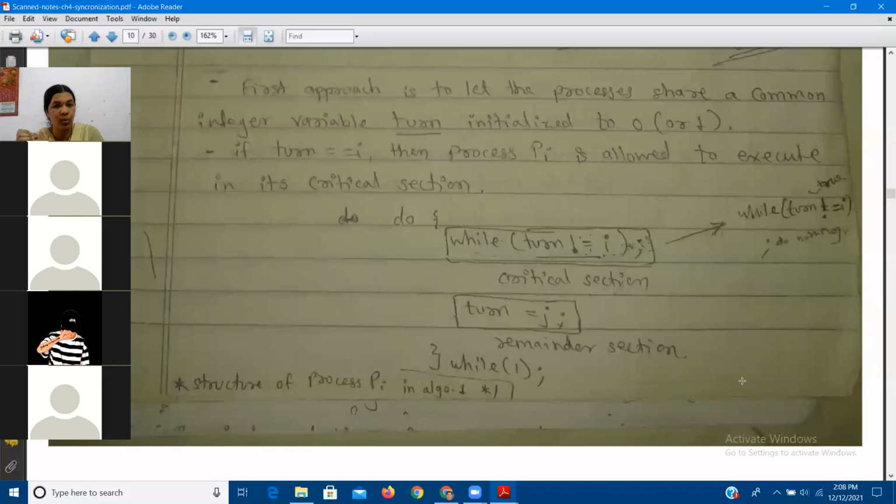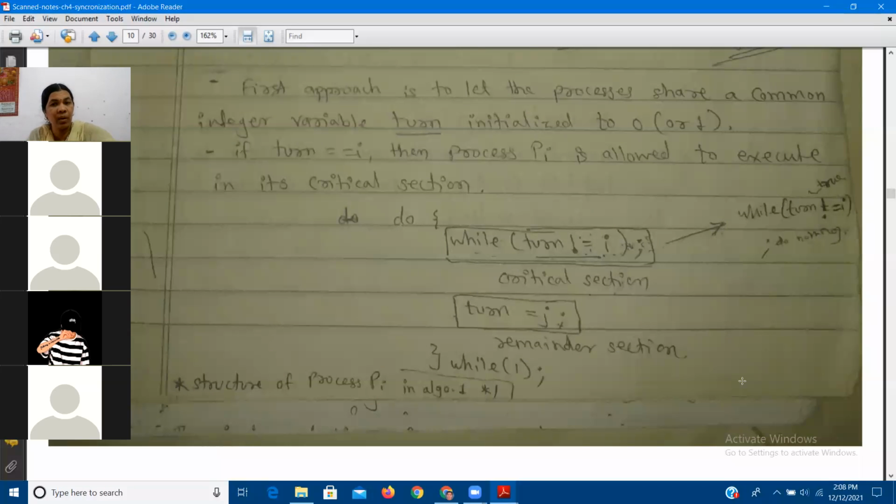Because only two processes are there. It is the two process solution. Either the turn of I will be there or J will be there. So assuming that I's turn is there, so if I's turn will be there, so turn not equal to I, this condition will be false. So I will be entering in the critical section. So after critical section, once the critical section use of I is over, so I goes to the exit section. What is there in the exit section? In the exit section, turn is equal to J.